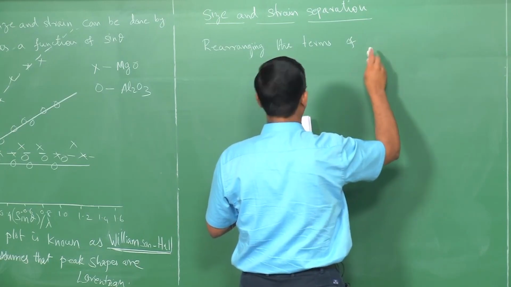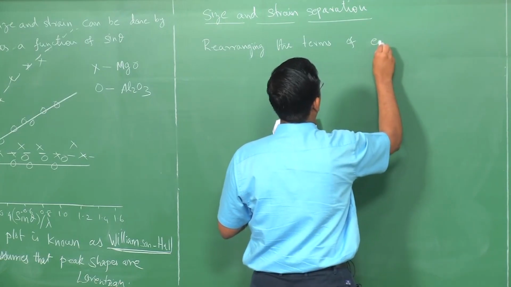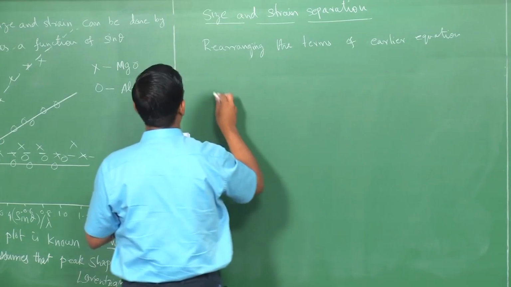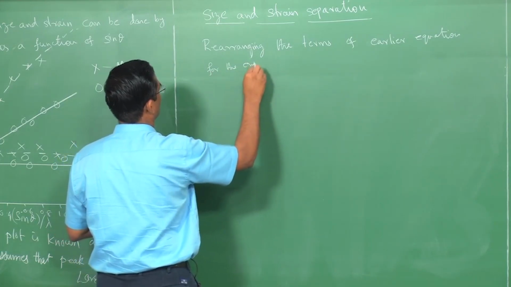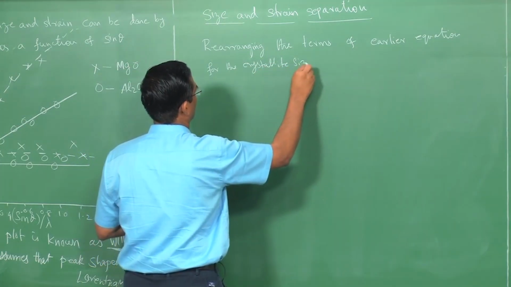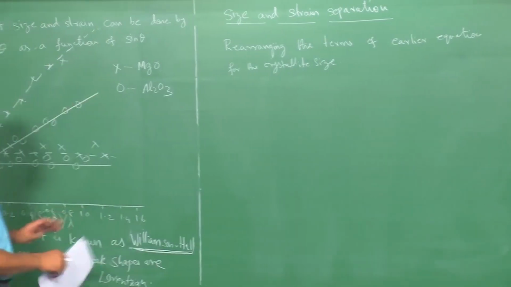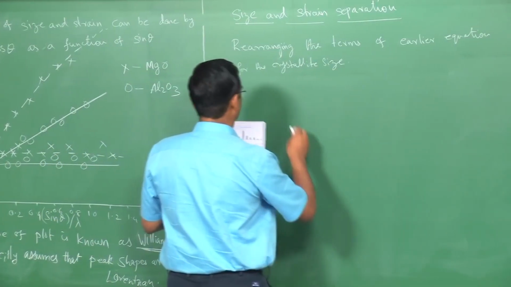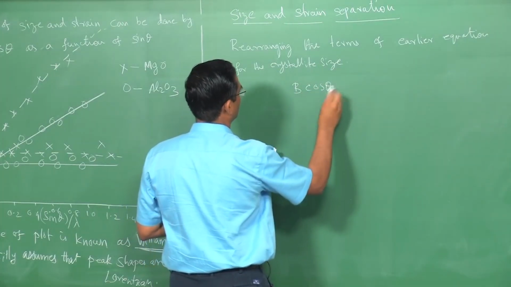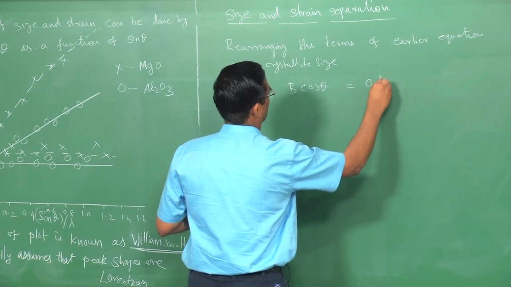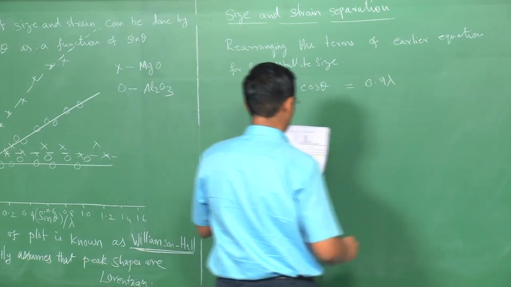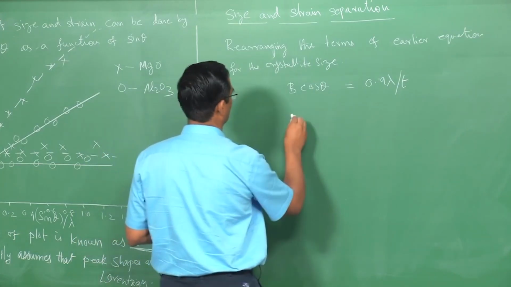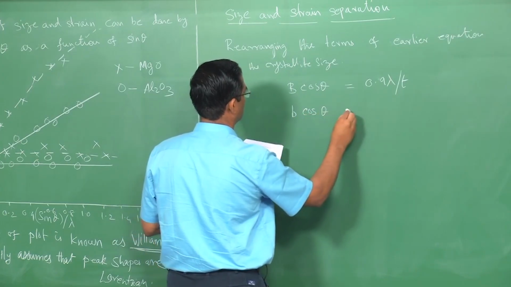Rearranging the terms of the earlier equation for crystallite size, that is the Scherrer formula, we can write b cos theta is equal to 0.9 lambda divided by t, and this one equation we know, and we have also done the other equation, that is the strain equation,